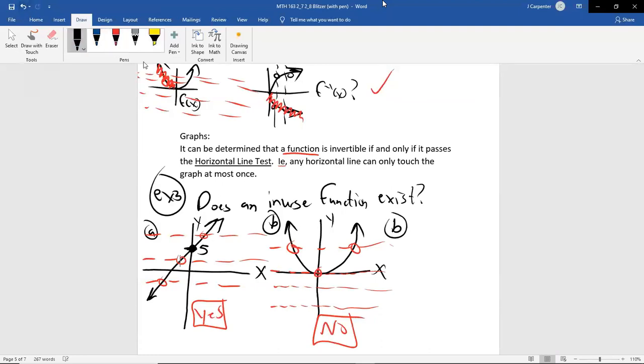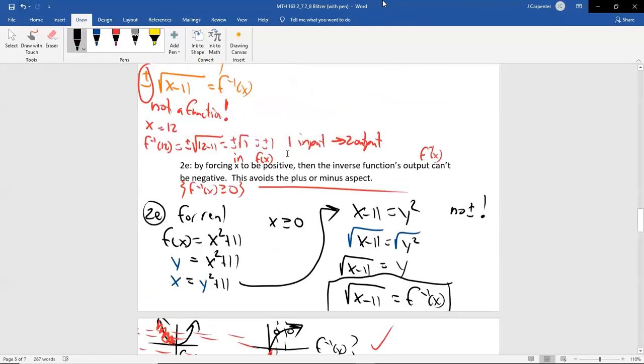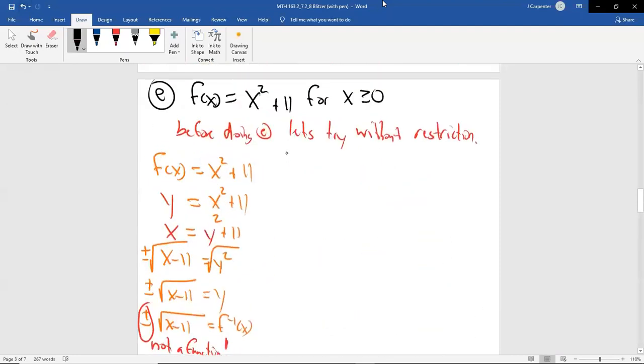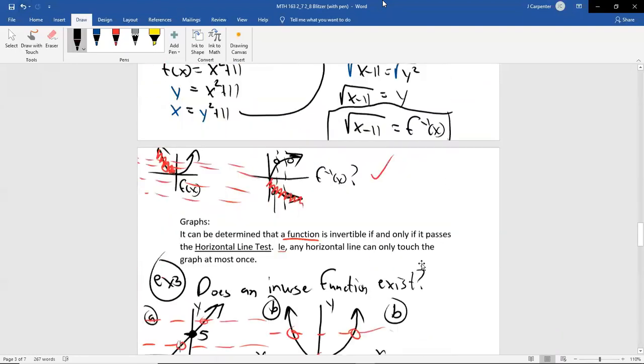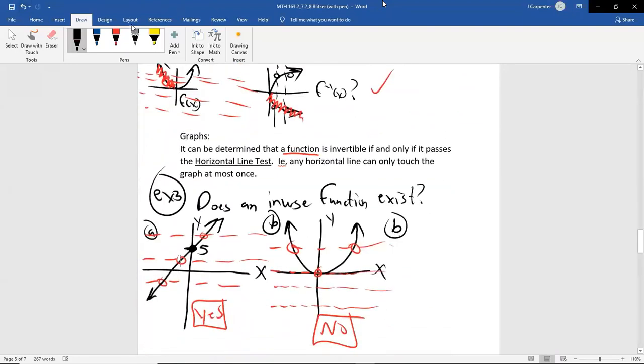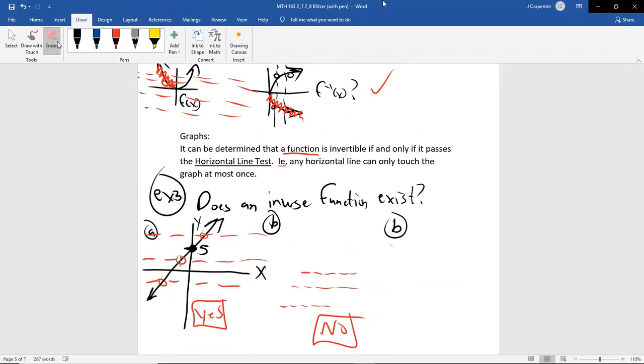So this B here is literally 2e when I didn't give you the restriction. And you know what? I wasn't supposed to do that at a height of 0. I was supposed to do that at a height of 11. You get the same argument. I just meant to have that as a height of 11. So I'm going to rewrite everything. You don't necessarily have to redraw the example. It's going to be the same conclusion. I just want my notes to have the same example. Third time's the charm, right?